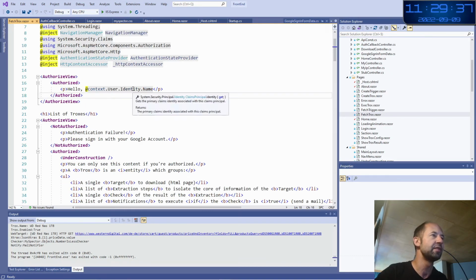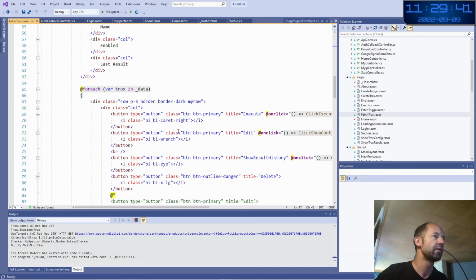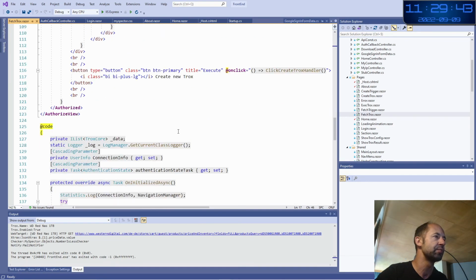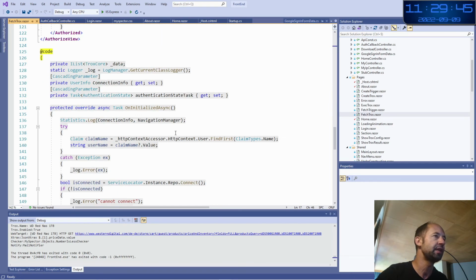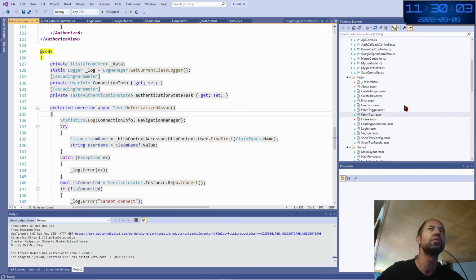But inside this identity, there is a list of claims. And then you have some code. You can put some code here, HttpContextAccessor, HttpContext.User, etc. You can continue to dig on this later on. I do not show all the details, but the idea is to understand how the structure is made, because it's not easy to get it.